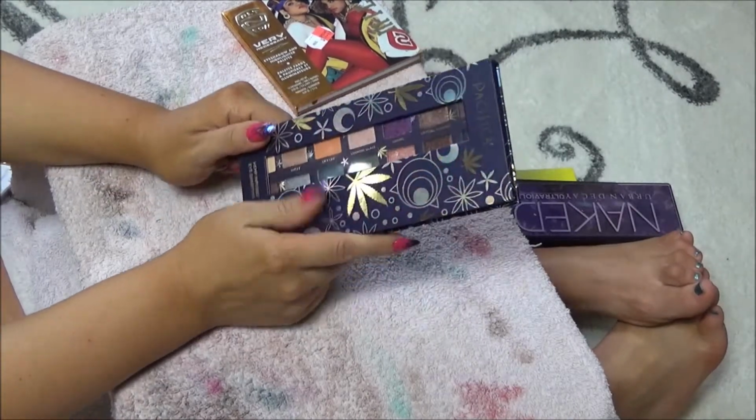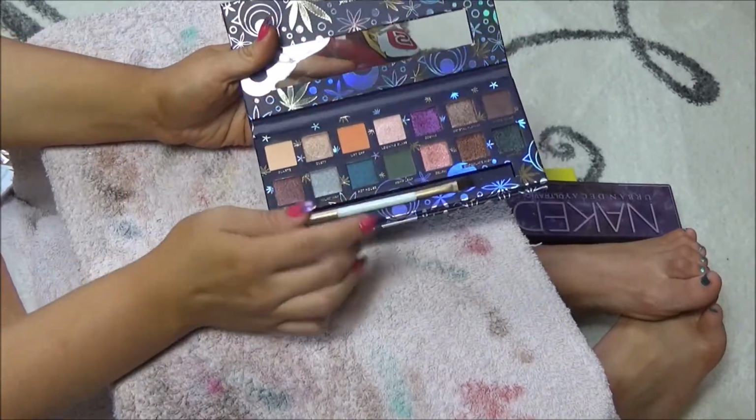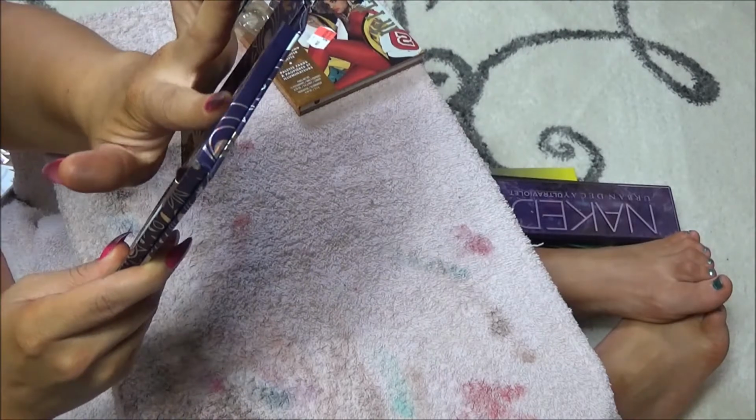Now, something that was $25. This is the Pacifica Hemp Infused Eyeshadow Palette. I've been using this a little bit. You do get a double-sided brush with it. I don't know. It's just okay. I haven't used it enough to deduce a complete...